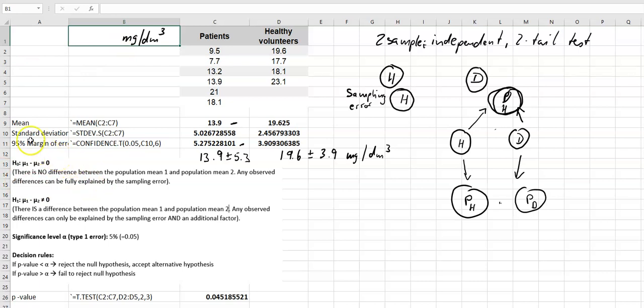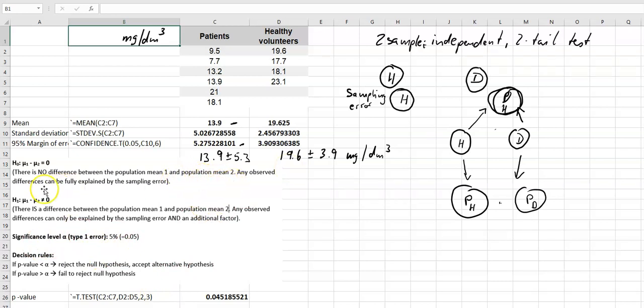So in this case we say, for our null hypothesis, the population mean of sample 1 is the same as the population mean of sample 2. Or we can write this mathematically as population mean 1 minus population mean 2 equals 0. So here that would be the case where we have no difference between the populations. And in words we can say something like, there is no difference between population mean 1 and population mean